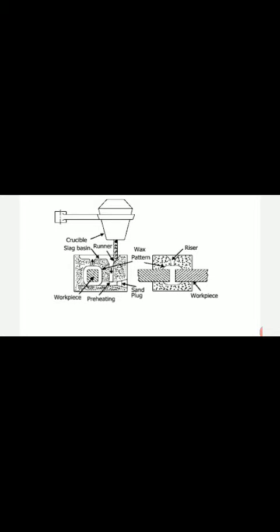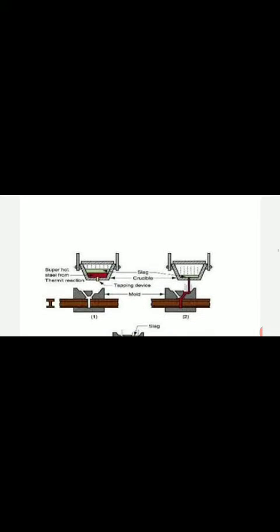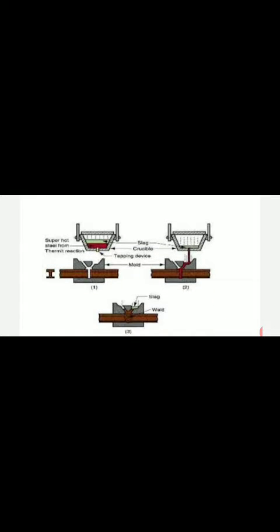Through it, a gas flame is passed and melts the wax pattern. Later it leaves a cavity. After preheating the mold, the molten metal is poured into the mold and the required job is obtained after breaking the mold. All these details we will discuss. You can also look at the arrangements for joining rail tracks and some other applications clearly here. Some other arrangements for thermite welding are also provided here. All the elements are clearly mentioned in the figure.